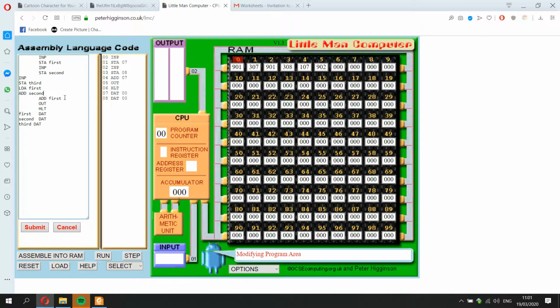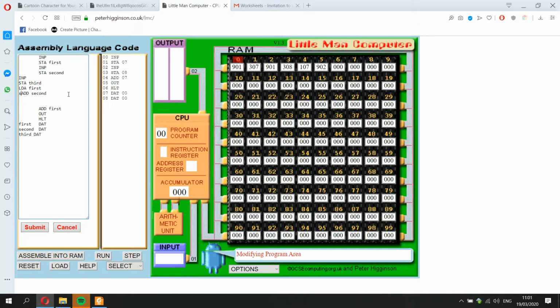So this is all happening in the accumulator. I've loaded the first number into the accumulator. So it's gotten it from memory, sticks it in the accumulator. Then I'm finding the second number that's stored in memory and I'm adding it to the accumulator. So what I'll have in the accumulator then is the sum of the first 2 numbers. And then the last step is to subtract the third number from that sum. So I've loaded first, I've added the second,